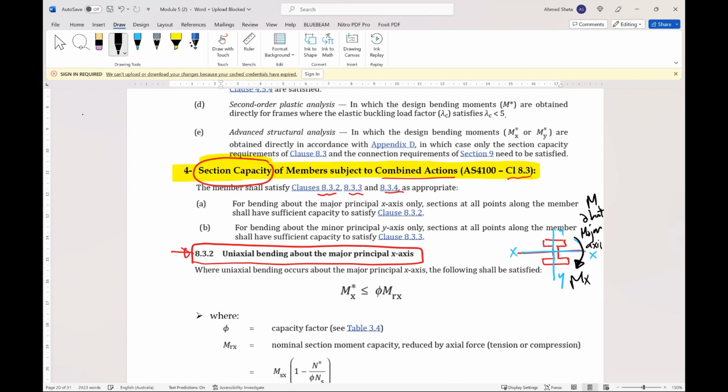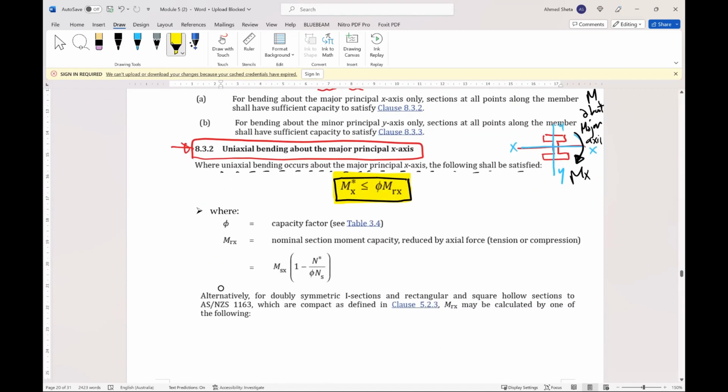In this case, where there is uniaxial bending about major x, the following shall be satisfied. Mx star should be less than or equal to phi Mrx, where phi is a capacity factor from table 3.4,